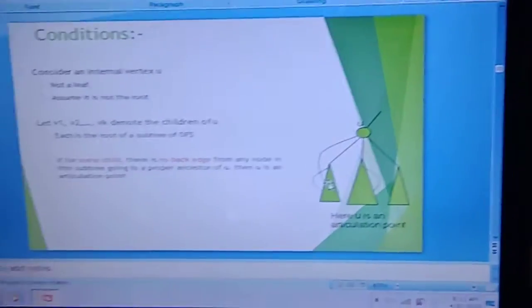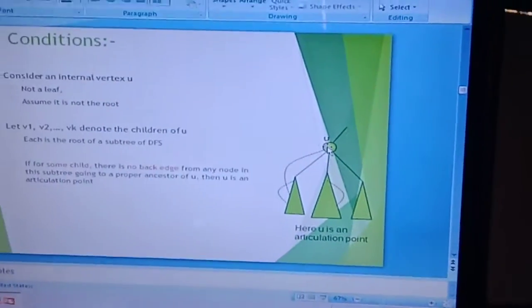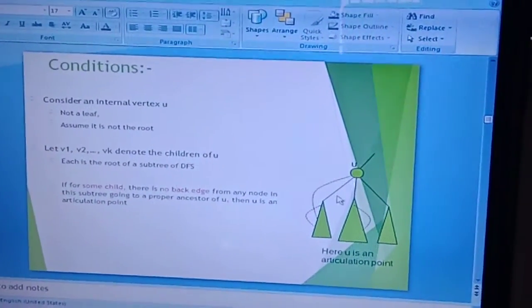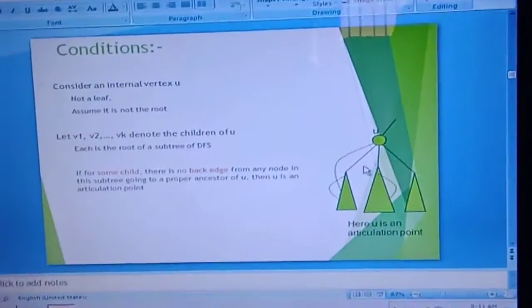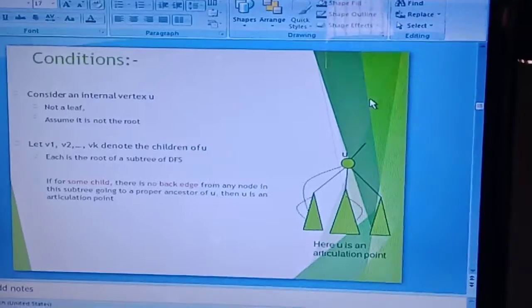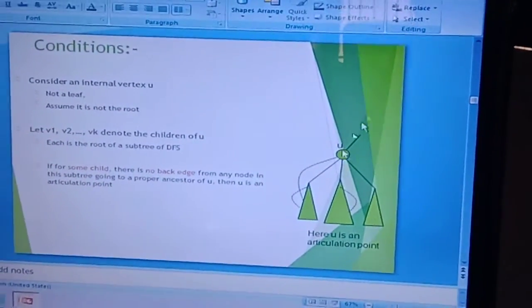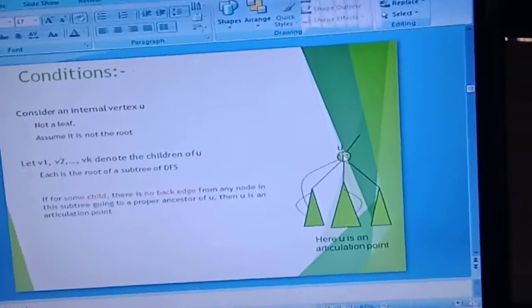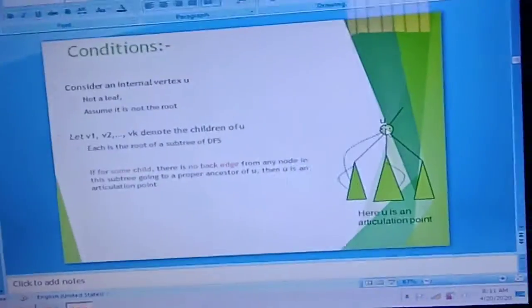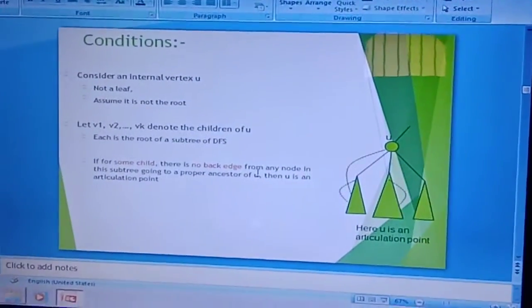It means if this node is connected to the ancestor of U, removal of U cannot disturb the graph. That is, from this node there are two paths, one to U and another one to the ancestor of U. If I remove U, I can traverse to this ancestor by another path, so removal of U cannot divide the graph into two subgraphs.